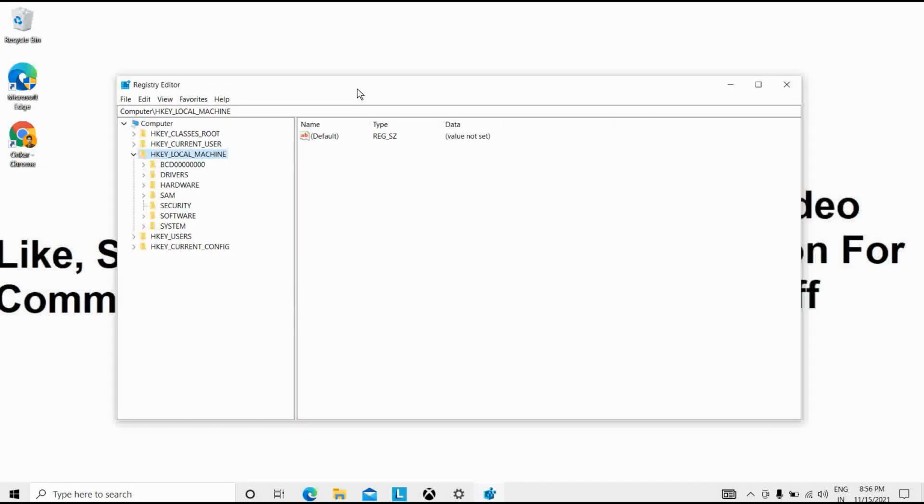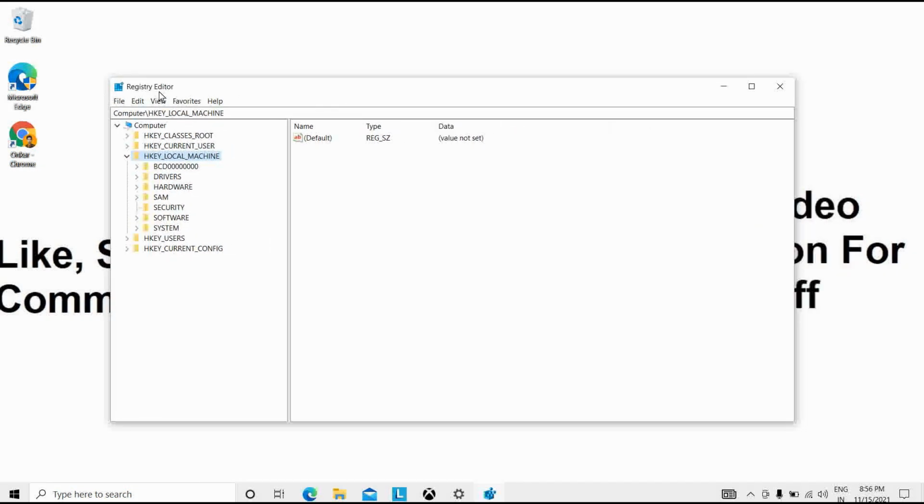After that you can see the Registry Editor, and we have to open some path here. That is HKEY_LOCAL_MACHINE, System, CurrentControlSet, Services, secdrv.